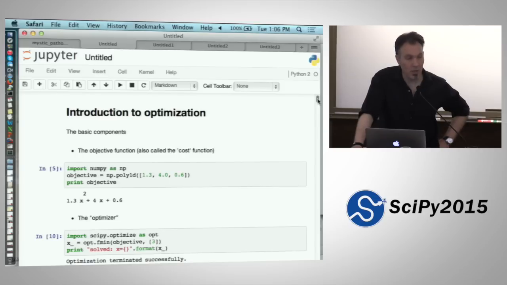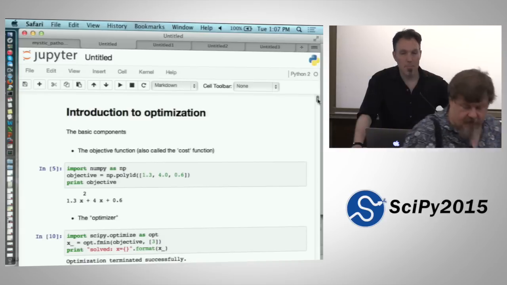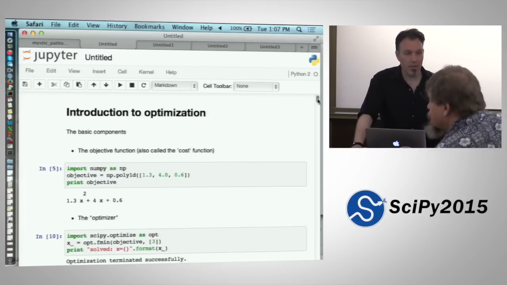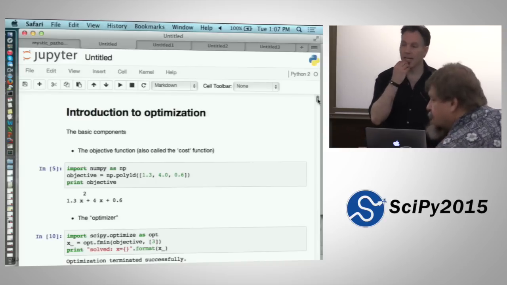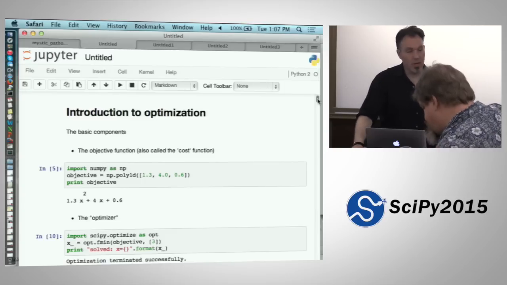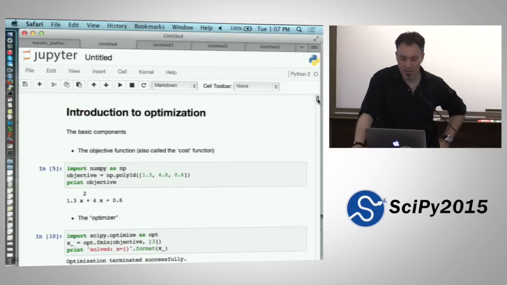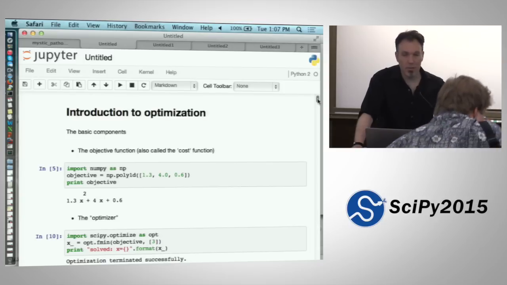Optimization is a blocking process. When you run an optimizer, you pass it a function, and that function is called over and over again in a loop until some termination condition is met, and then you can move on. And that loop is inherently serial, right? Because it's time iterative. The way optimization algorithms have been built, and this is part of what I mean by modernization, is they, for the most part, depend on the history of